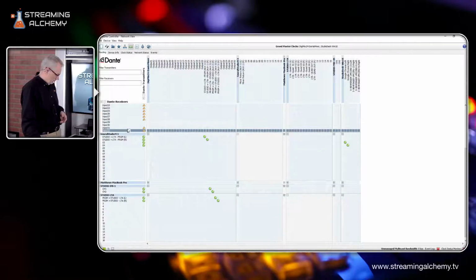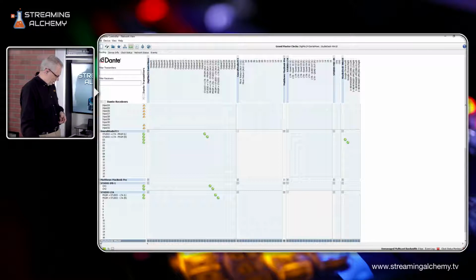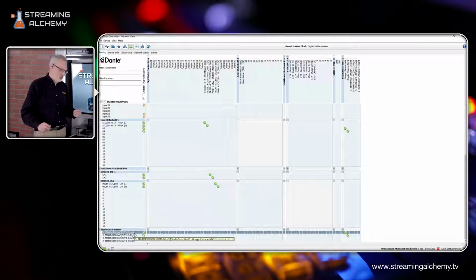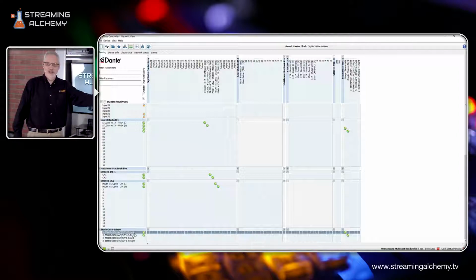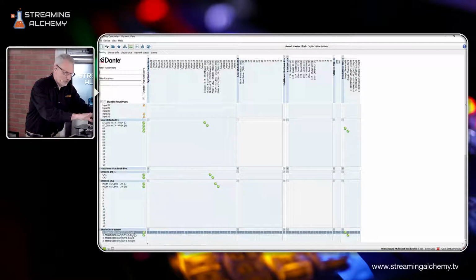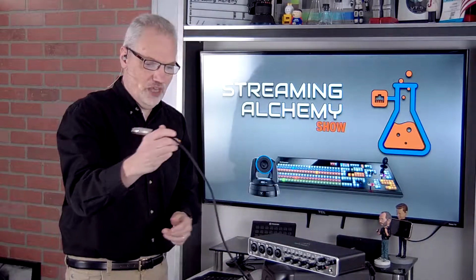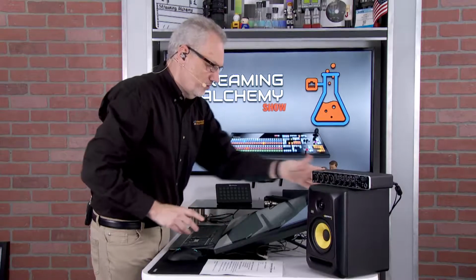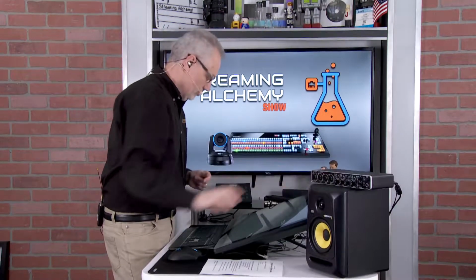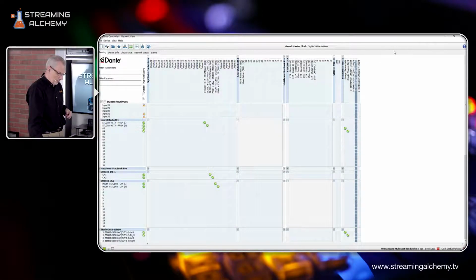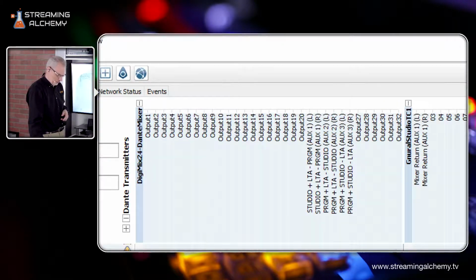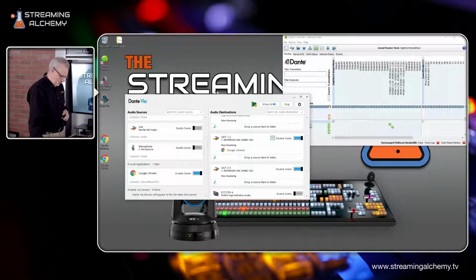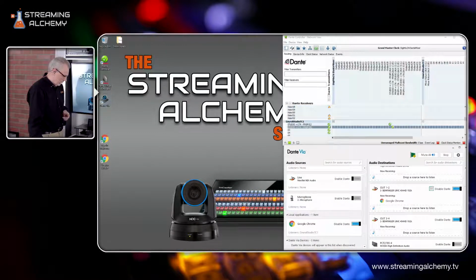Because the other piece you'll notice, if I scroll down here, is that I also have the outputs. So if I had things connected on the output of this Behringer device, I could route any Dante audio into that. Over here, I have this cable going to a powered speaker, and I'm going to plug this in here in the back. So now I am effectively plugging this into a powered speaker. But if I come here now to Dante Controller, let me try to move this around. And, there we go. So I'll put VIA over here. And what I'm going to do is open up